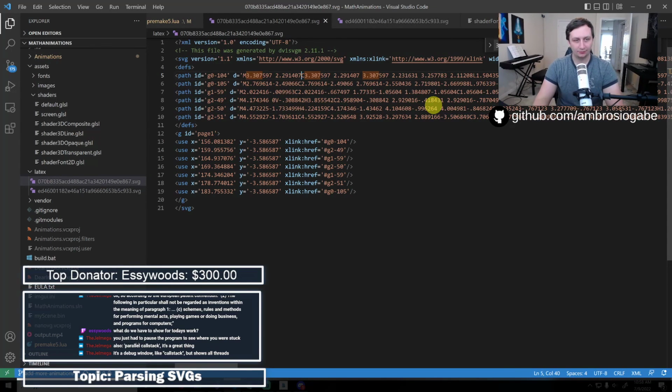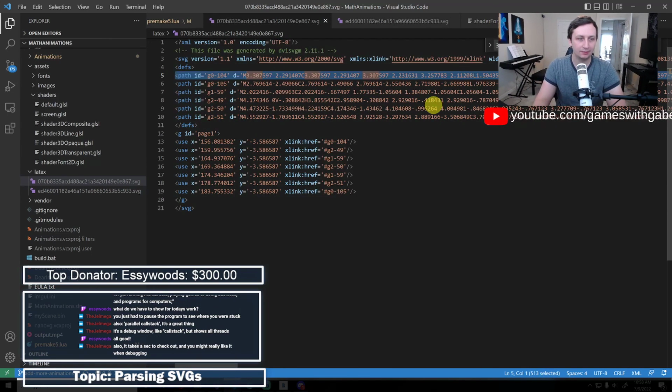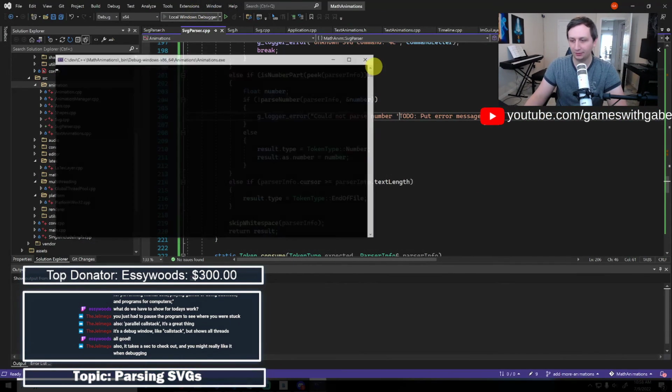That array of numbers or vector 2s. So yeah, probably not that much more to this, but we've made really good progress. The SVG spec is much more complicated than I thought it would be. But yeah, this thing is turning out pretty good though.